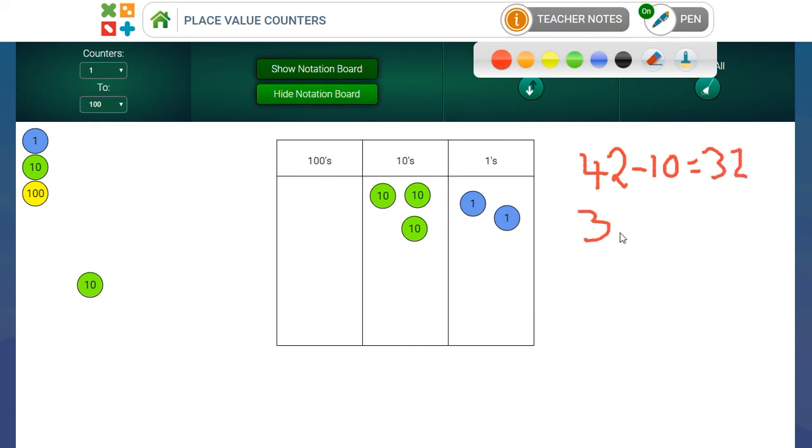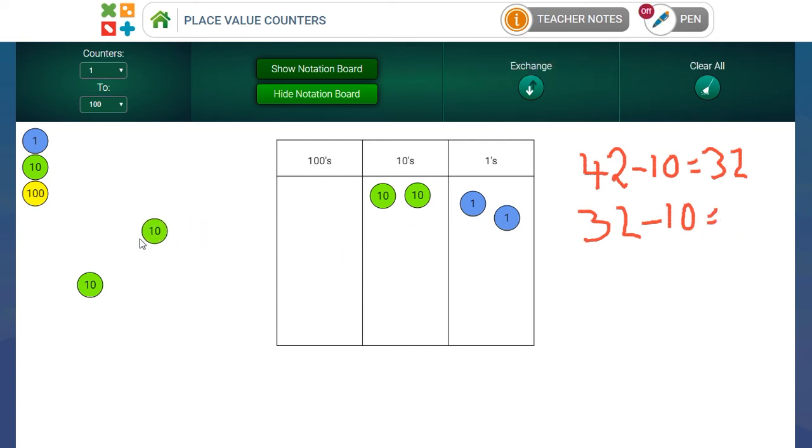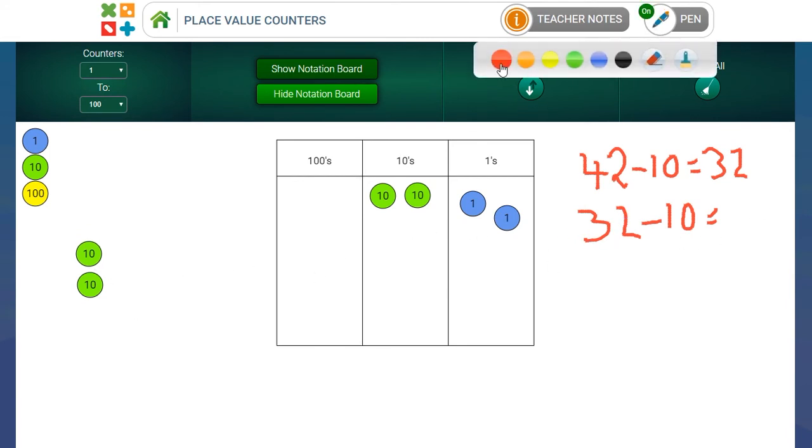32 take away 10 equals, and again close the pen and take away another 10. So we've now taken away 20. So 32 take away 10 leaves 22, and we record that, equals 22,